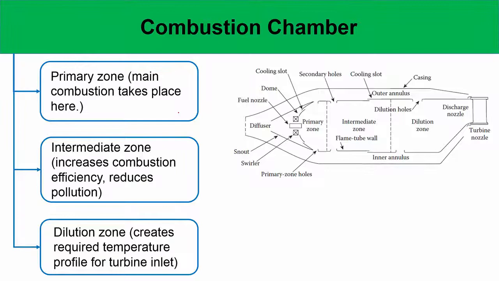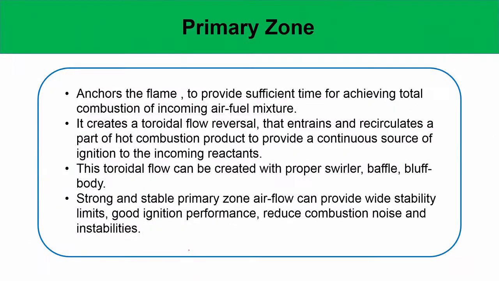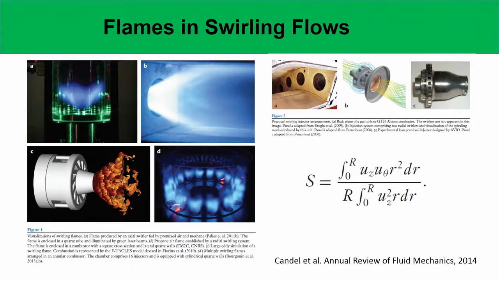So, we have essentially three zones, as you have seen: the primary zone, where the main combustion takes place; the intermediate zone, which increases the combustion efficiency and reduces pollution; and then the dilution zone. Okay. And we have seen what the requirements of the primary zone are, and this is how